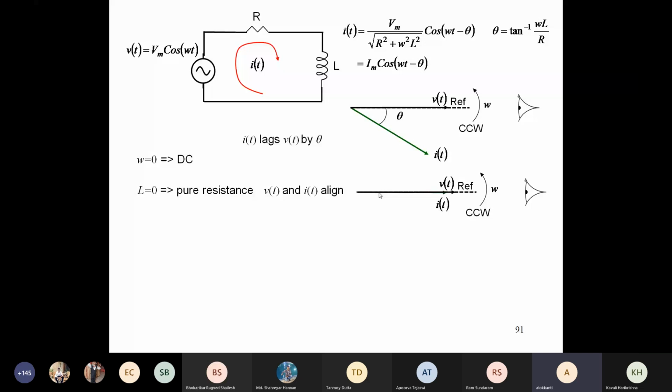But suppose your R is equal to 0, what about the theta? Then pi by 2. Theta equal to pi by 2, 90 degrees. So that means v(t) and i(t) are perpendicular to each other. As Pranay told, it was written in your 12th books. So in that case, what will be the phasor diagram? What will be the voltage and current through an inductor only? So it was a pure inductor. I have done R equal to 0, so pure inductor. So this will be your phasor diagram, if you put the voltage phasor,